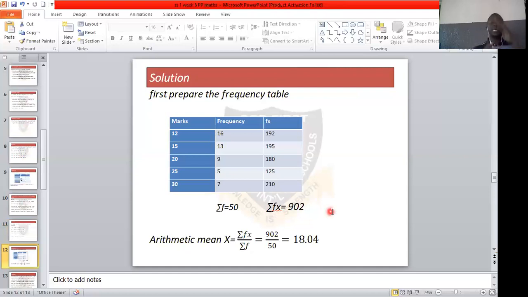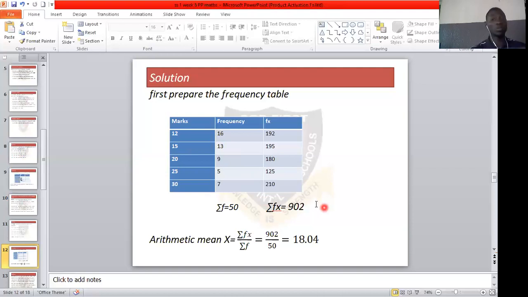So in calculating the arithmetic mean from a frequency table, it is the summation, the sum of the product of the frequency and the mark, divided by the sum of the frequency. In case you have a large number, say a large number like 50 now,